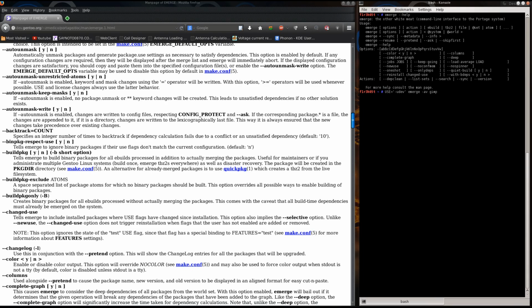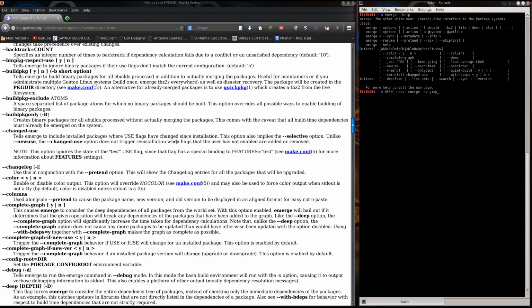What that's going to do is that's going to build the package without the udev option if that use flag is relevant to the package that you're going to install. So that can be just put in straight on the command line rather than actually have permanent in your make.config or package use. So as you can see, you can add a multitude of different options around the command line interface of your